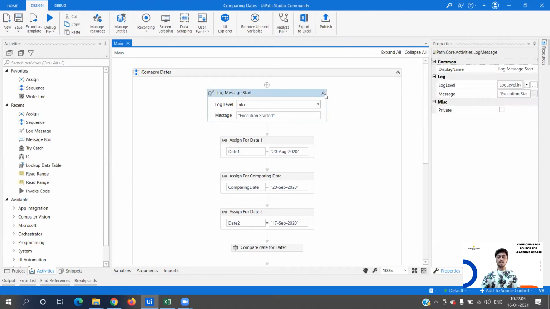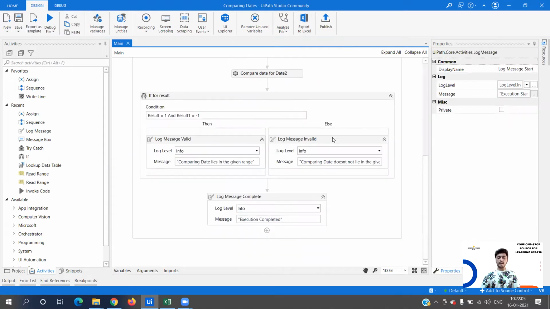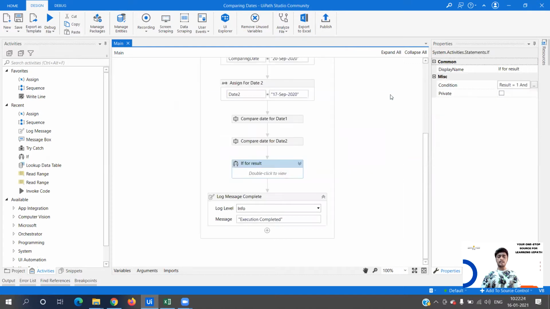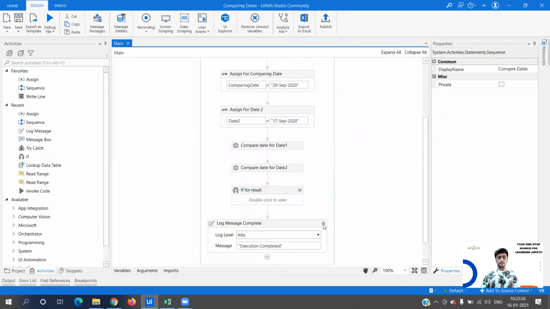Now, if you see, this workflow is quite small, so we have hardly 7 to 8 activities. But what if there are around 50 to 60 activities in the workflow? I need to understand each of them. I need to see the properties, what is set to true, what is not set to true. When working in UI automation, there is simulate click and many other things. So there are many things required to understand a particular workflow.